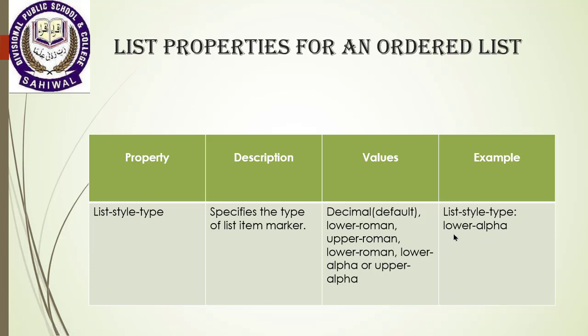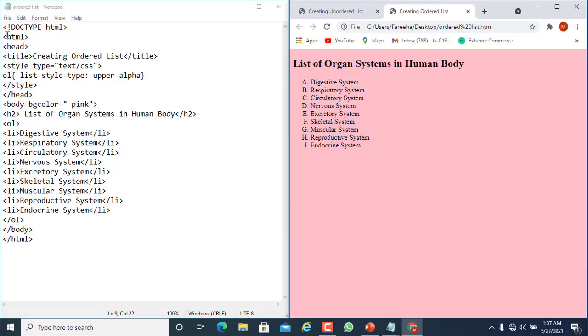Students, let's see how we can apply an ordered list in an HTML document. You can see on the screen, here is an HTML program written in Notepad. This is the starting HTML element. This is the DOCTYPE HTML declaration which is used to define an HTML document. Then we write the starting HTML element, head starts, title start and title close. Students, what we write here in the title tag appears at the top of the web browser.